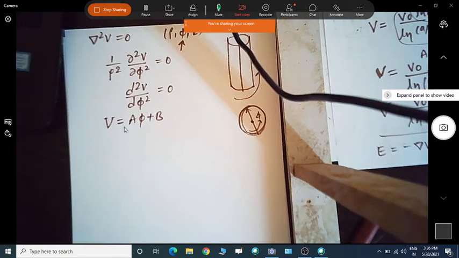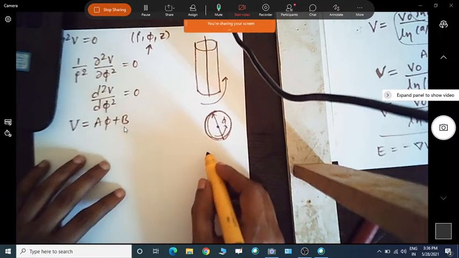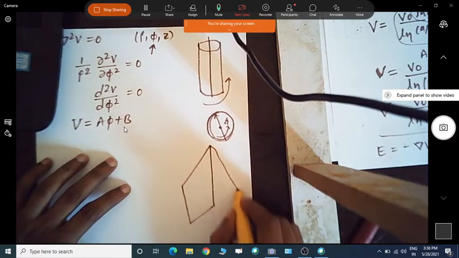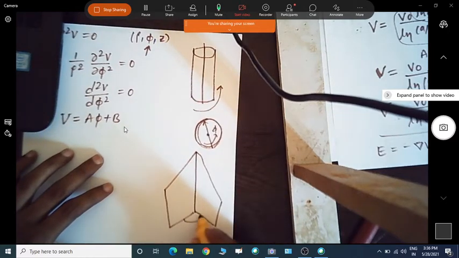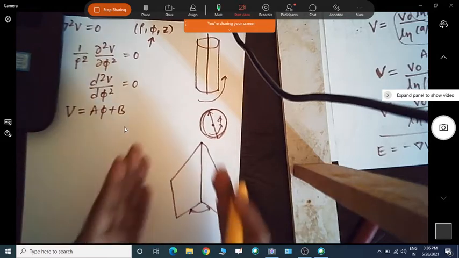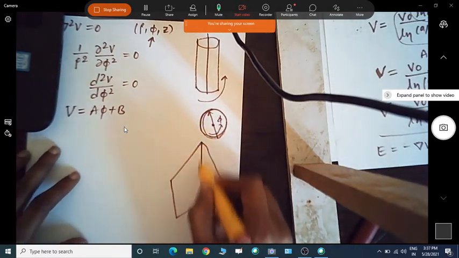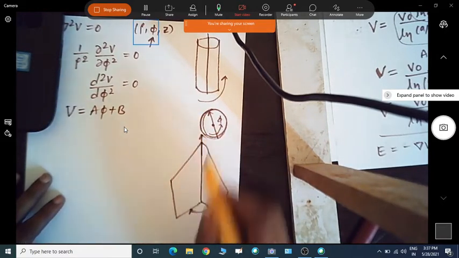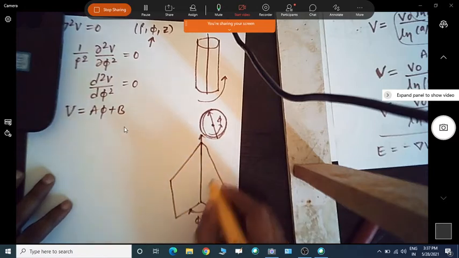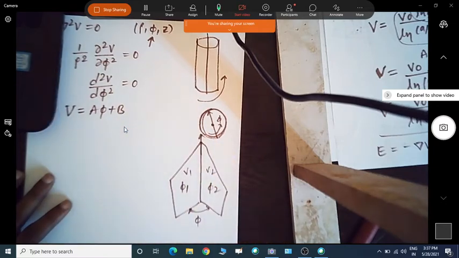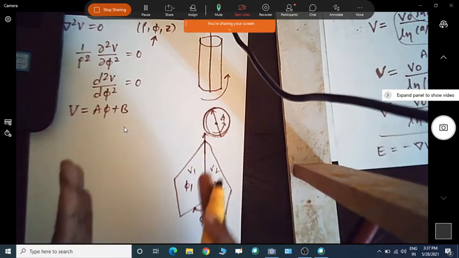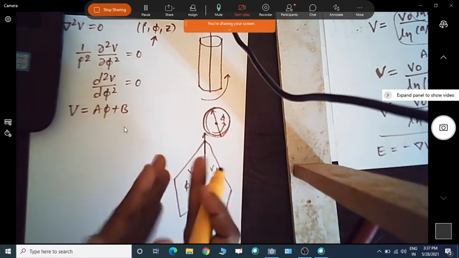We can look at the problem here. We will have two different plates arranged like this. This is a phi variation. This plate is at some phi and this plate is at some other phi. Two plates are arranged about a common axis. Here phi equals phi 1 and phi 2, with V1 and V2. Different angles will have different potentials. So this looks like plates arranged in the phi direction.